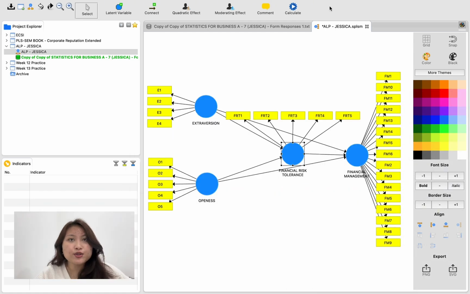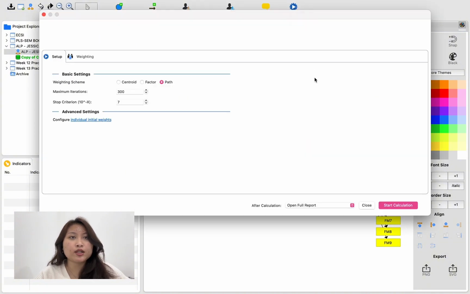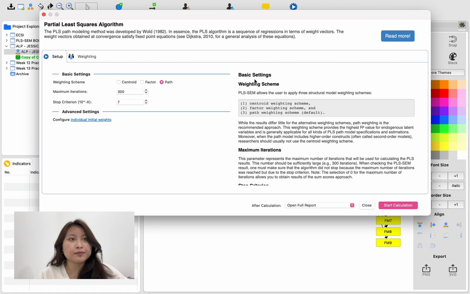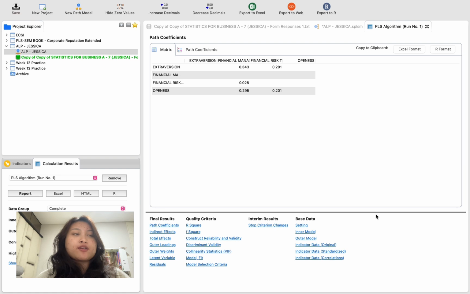So now I'm going to check the outer model first. To check the outer model, I'm going to calculate and choose PLS algorithm. And right here, I'm using path weighting scheme, 300 for maximum iteration, and 10^-7 for the stop criterion. The first step is to find the factor loading, and the benchmark is it has to be more than 0.7